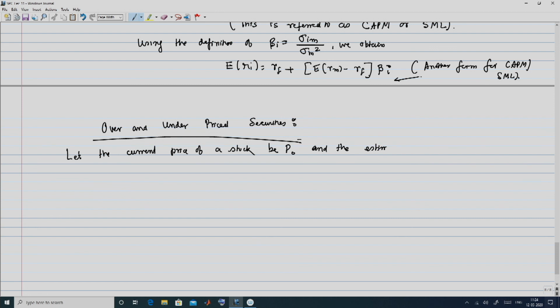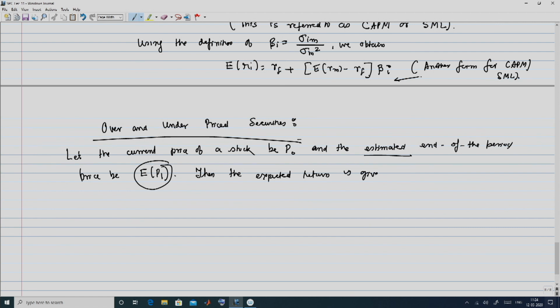So, accordingly, the estimated or expected end of the period price be given by E of P1. Remember, P1 is a random variable. So, we have to take the expected value. This is the expected price, which you call the estimate, and so the expected return